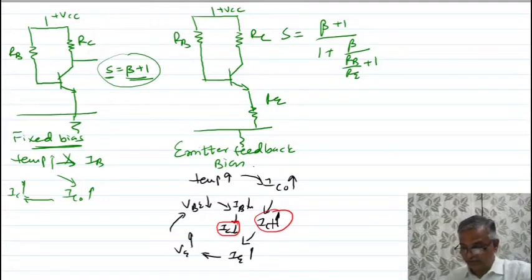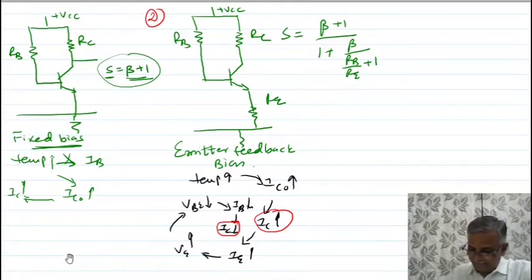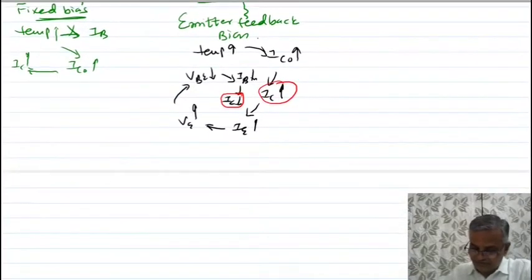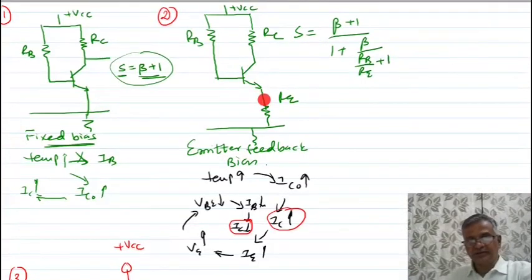This is the second circuit we have seen. The third circuit we have discussed. Here you have given the feedback through RE. This is all DC feedback. Feedback means some part of the output is given back to the input. Remember this line: to stabilize your collector current with temperature, you are using DC feedback.